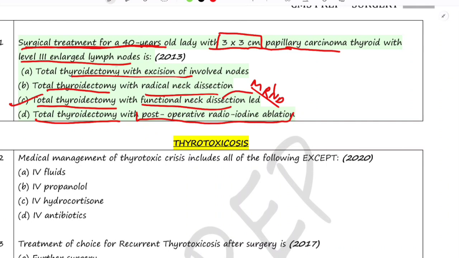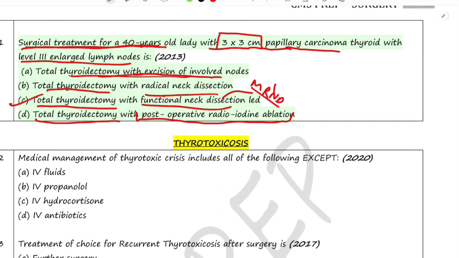This procedure involves the removal of involved lymph nodes while preserving non-lymphatic structures like nerves and muscles to reduce the morbidity. Why are the others less suitable? Option number 1, total thyroidectomy with excision of involved lymph node. This is a selective approach that might leave behind microscopic disease, as level specific lymphadenectomy alone may not be adequate for